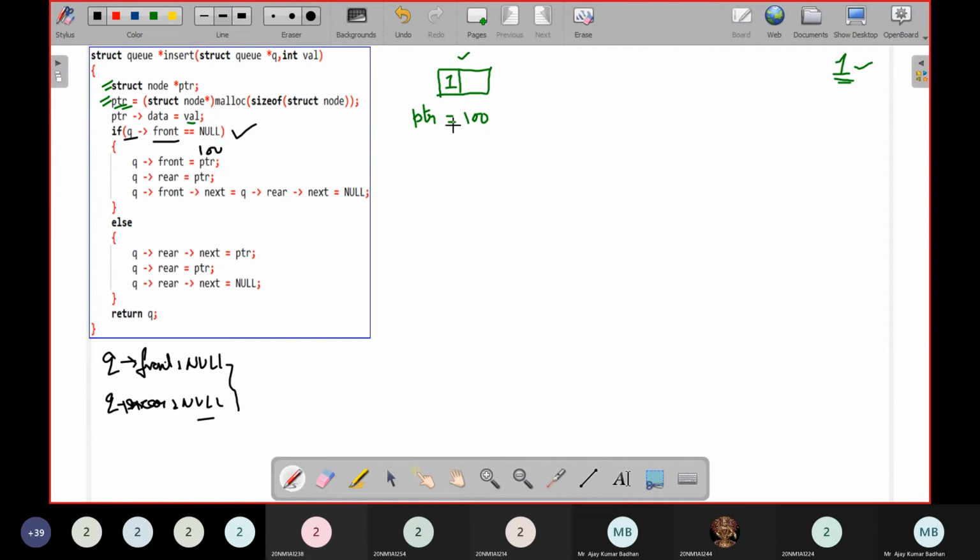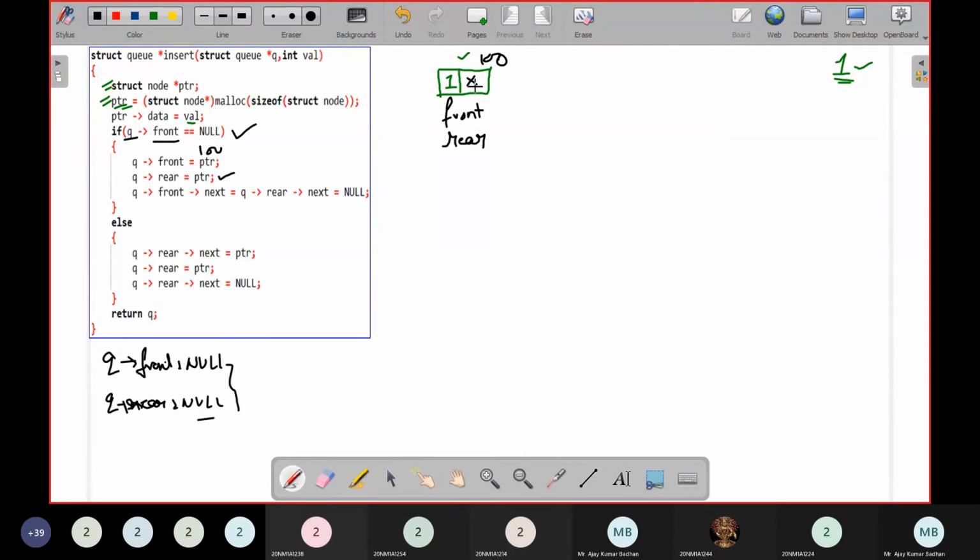Now this particular node is taken care of by that particular Q, and now you will be getting front, because Q of front equal to 100. So 100 is the address of this particular node, so definitely the front is pointing here. Same way, rear also should point to it initially, since this is the first node. So Q of rear equal to pointer, so rear comes into the picture. Since this is the only node we have within this, definitely this will be null.